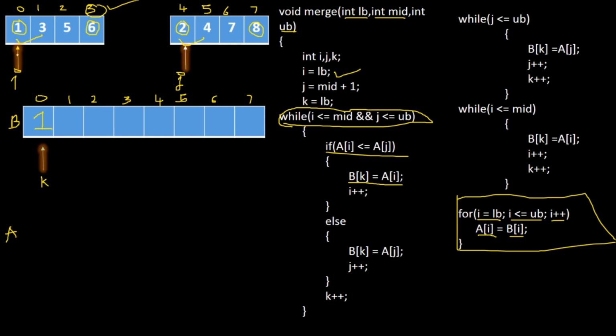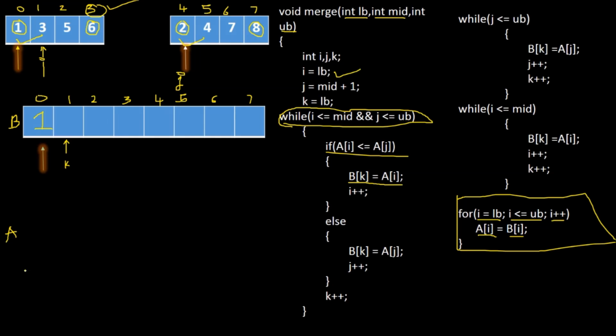Now i should increment, that is, i will point to the next element, right? i is incremented, and k is also incremented. Now I will erase these things for better understanding. Now i is pointing to this index number and k is pointing to this one. j has not moved. Why has j not moved? Because we still want to compare this 2 with 3, hence j is not incremented.